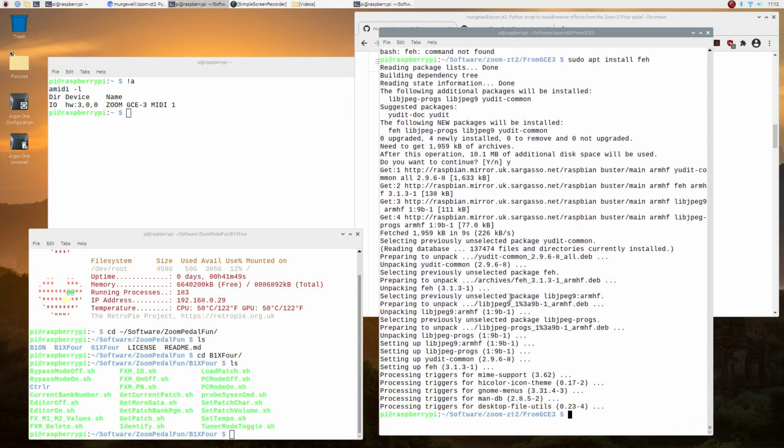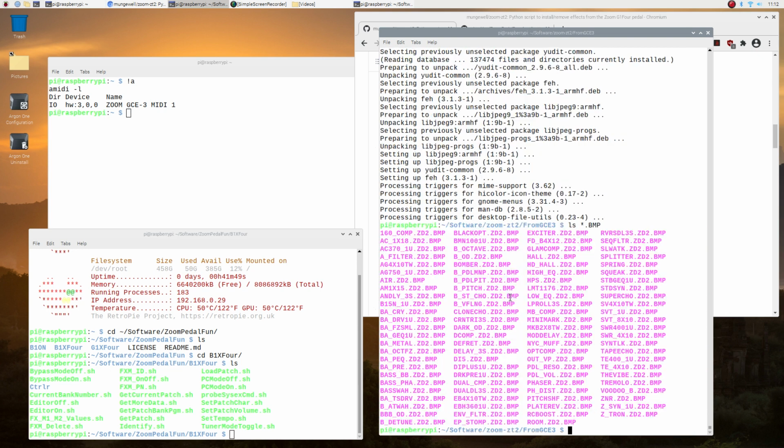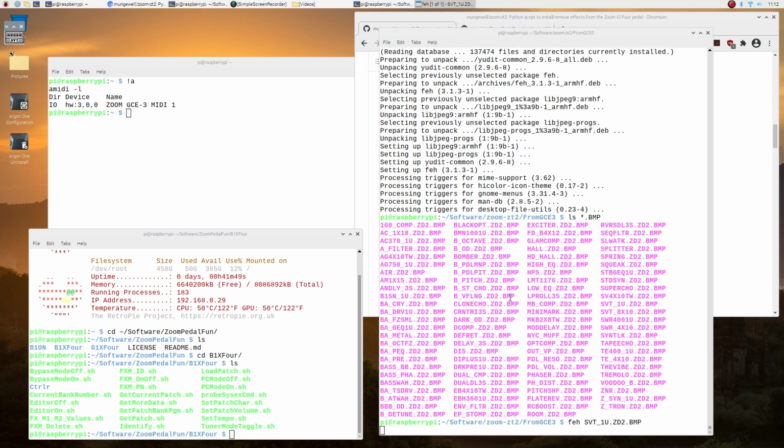Oh, okay, that's it. So ls star dot bmp. Okay, so if we do feh on, I don't know, svt 1u, over here you can just about see it. Sorry, it went up here, look. Can I make that bigger? There we are. You can just about see that. It put the little baby icon there. Yes, we've grabbed the icon out. I think Mantra does this now, yeah. So we can grab the icons, but more importantly, have a look.